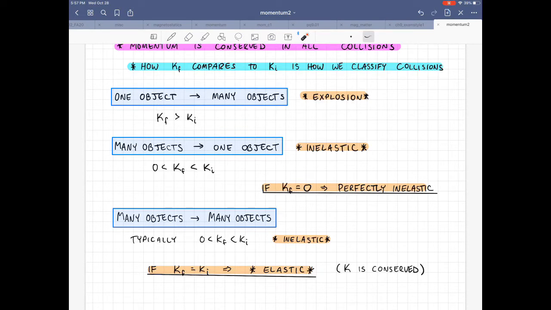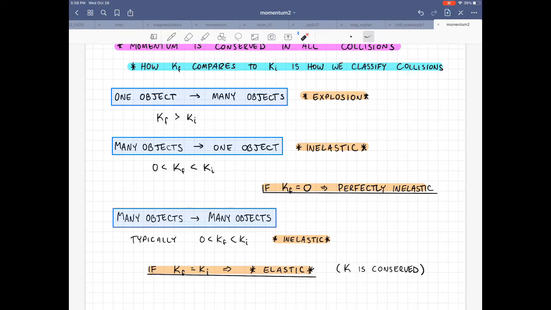So that type of collision where we go from one object to more than one object, we would refer to as an explosion. Now, you could also have sort of the reverse of that. You could start with several objects and then have a collision and end up with just one object afterwards. And this type of collision is known as an inelastic collision. And the feature in terms of kinetic energy is that the final kinetic energy is less than the initial kinetic energy,